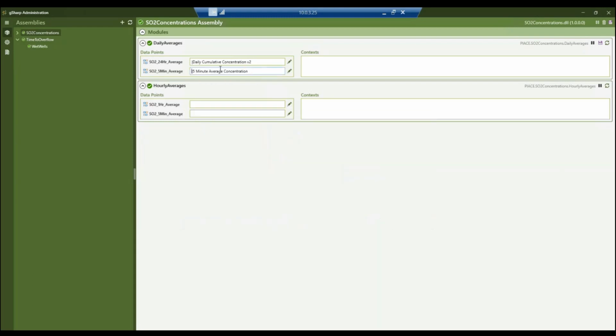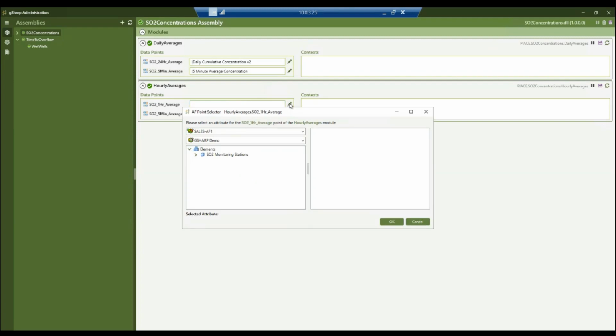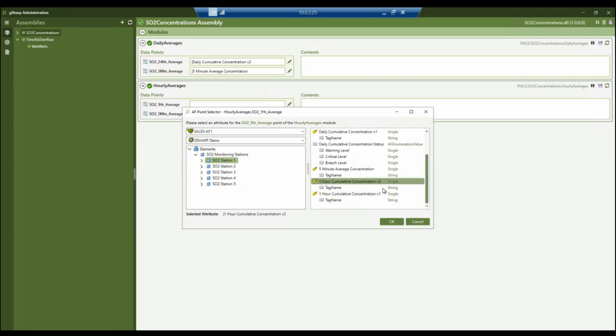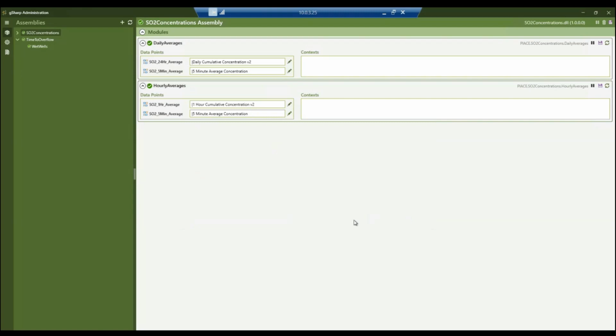Now I can actually take that and just copy that and paste it down into here rather than searching for it again. And likewise for my 1-hour average concentration, we'll go ahead and select the appropriate output tag. Okay. So we will save those.